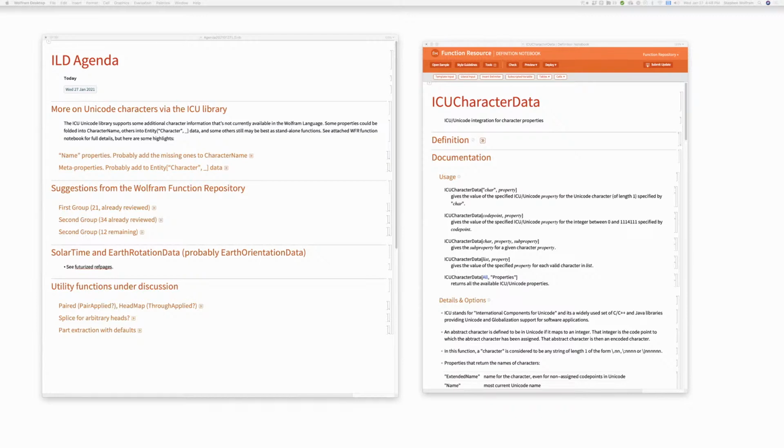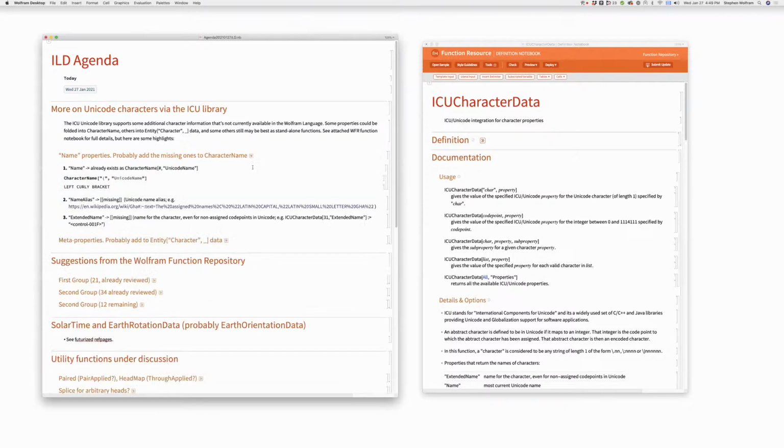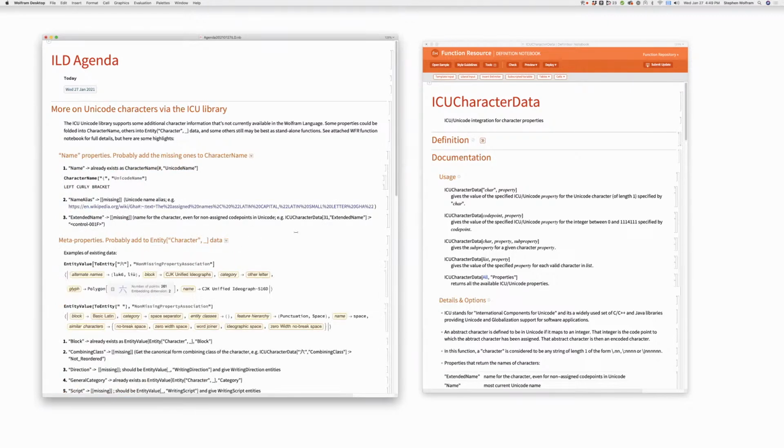So we have a variety of topics here. Unicode characters via the ICU library. Okay, what is all of this? Nick? Yeah, so we have been using the ICU libraries for some utilities in Wolfram Language for a while now, and I was working with Francisco and Danielle on trying to